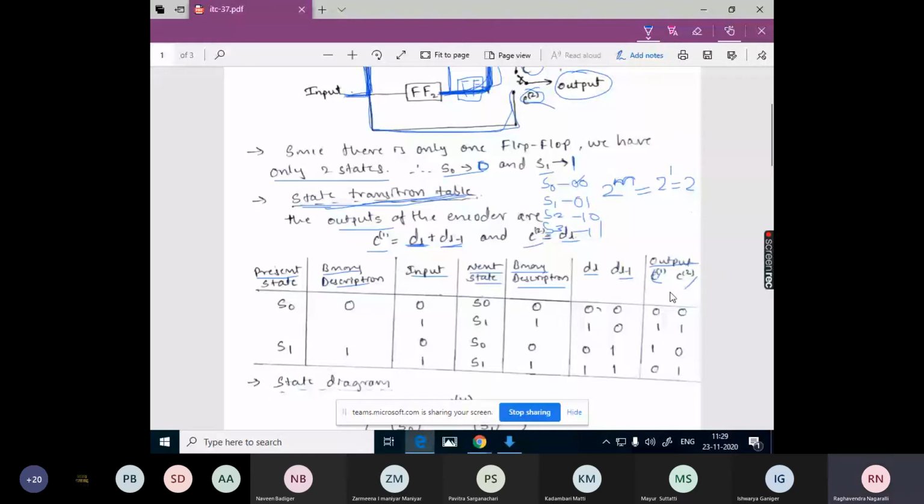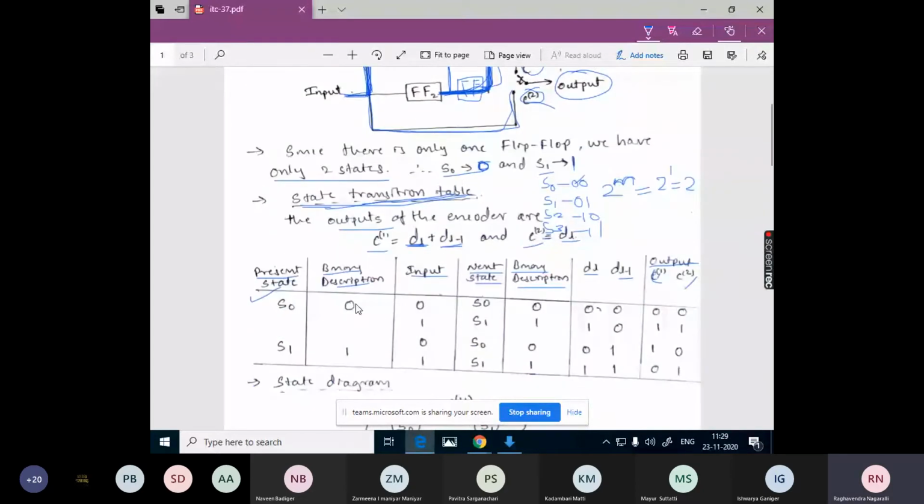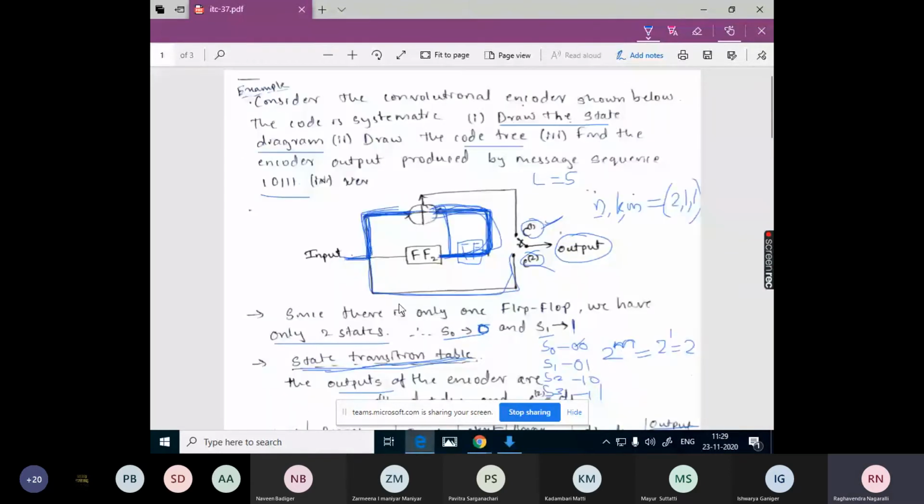So let's start with S0 as the present state. Its binary description is 0, which we have used to name this S0.